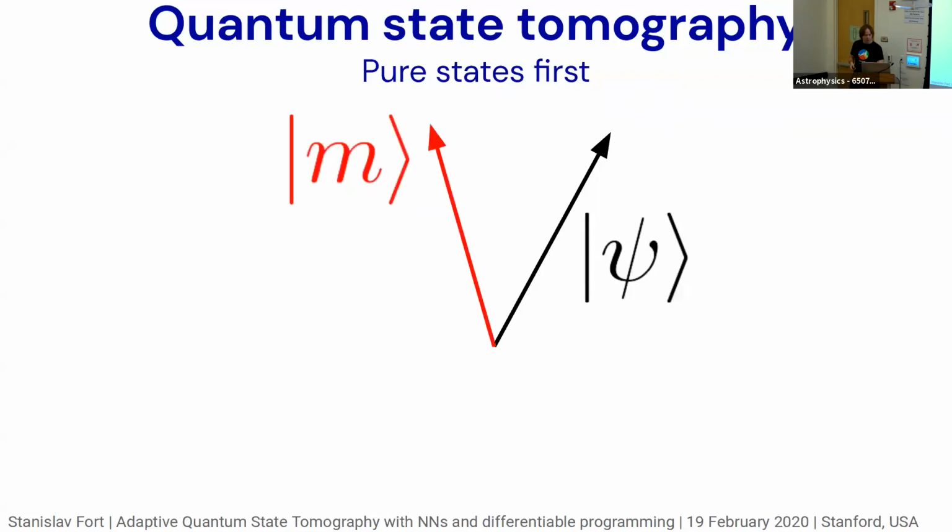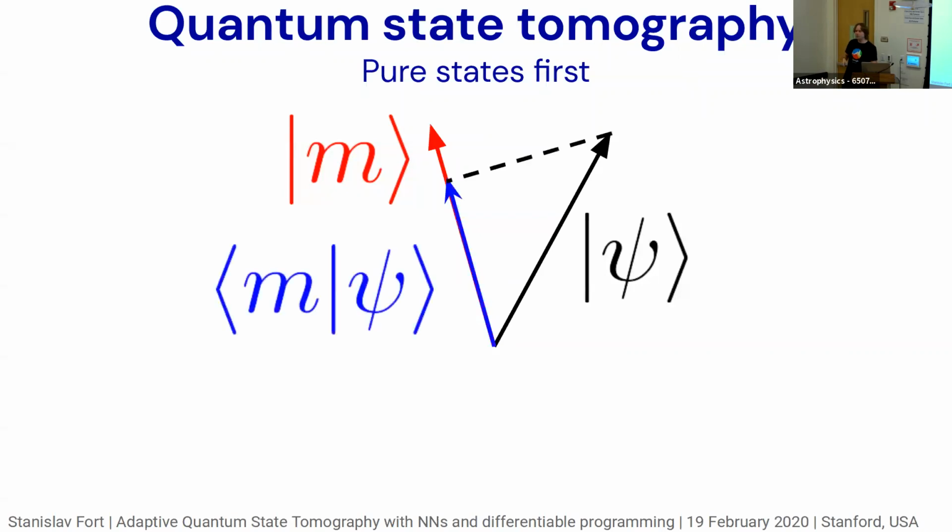Okay, so what we could do is we can take another vector, our measurement, another state, we build up an operator measuring in that direction, and we look at a projection of the original vector psi to the direction of m. And that projection, as you might know from quantum mechanics, is related to the probability of you measuring, if you actually measure in that direction, the outcome, let's say plus, rather than outcome minus in this experiment.